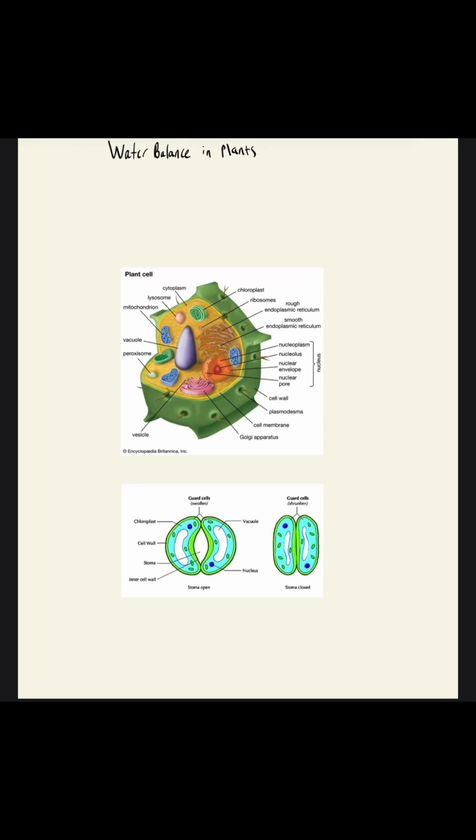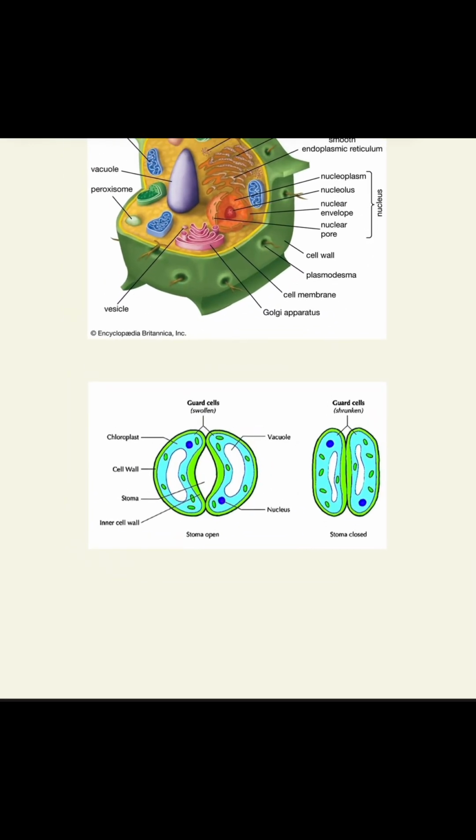So let's start by looking at stomata. Stomata are pores on the leaf surface, primarily the lower epidermis, that regulate gas exchange and water loss through transpiration. So if we look at this bottom diagram, each stoma is flanked by two guard cells that control its opening